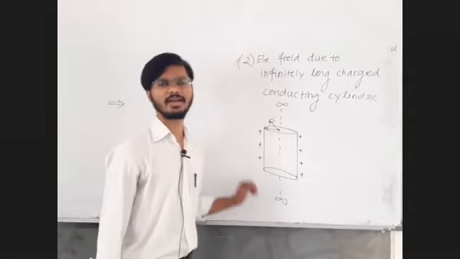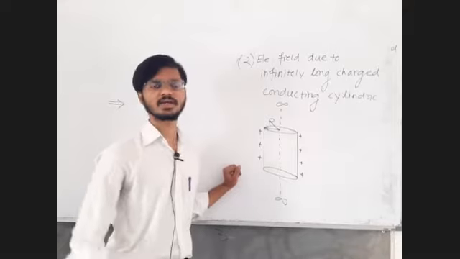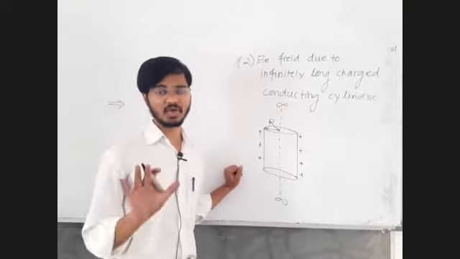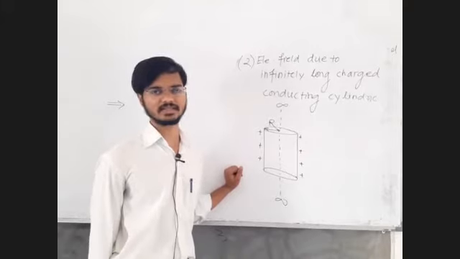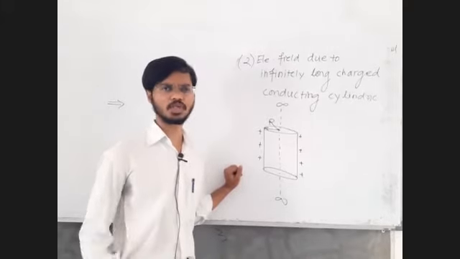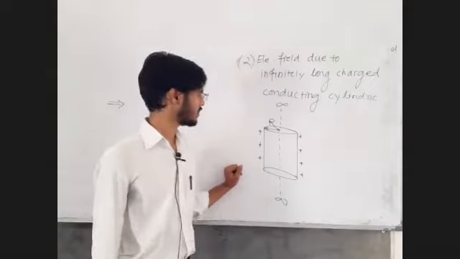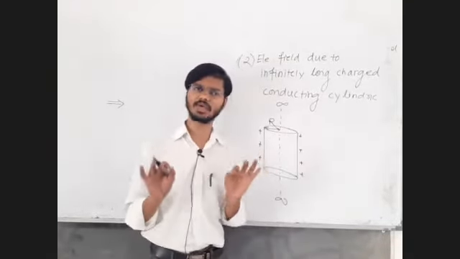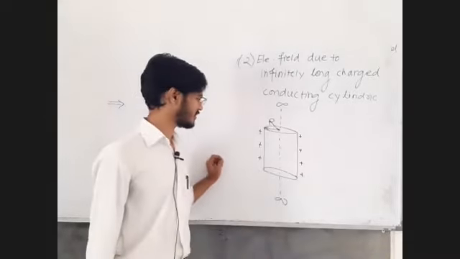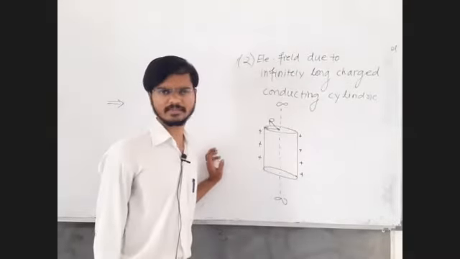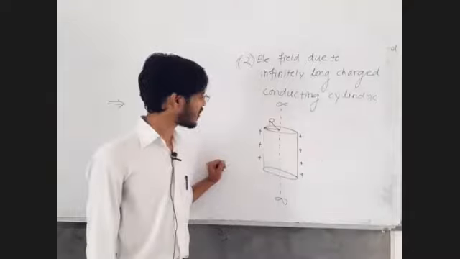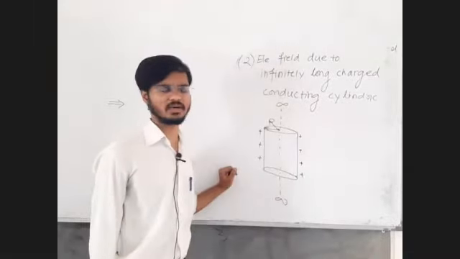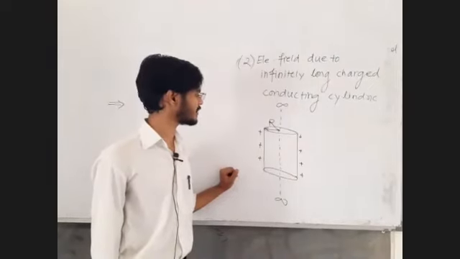Now here we cannot have the concept of charge per unit area, because of this. Of course, if you forcefully want to apply it, you can, no doubt, because charge is ultimately distributed on the area. But I should avoid it. Why? Because the object is infinitely long in one dimension.